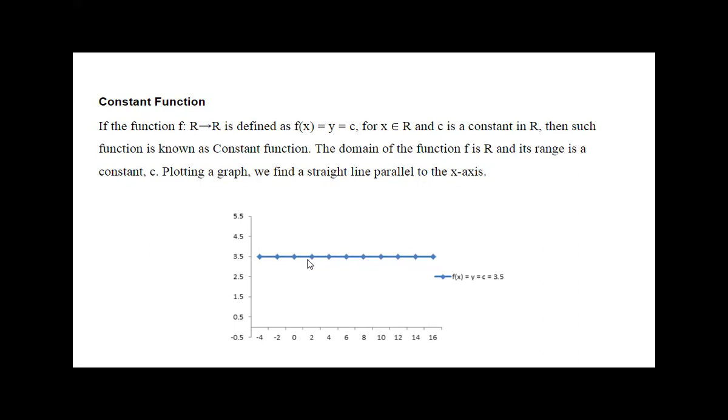The graph of this function is only a straight line. Here we can see only the straight line. Whatever the values of x will be, we calculate the value of y. For different values of x, we are analyzing the value of y, and we came to know that it is giving the same value for all the values of x. So it is known as constant function.